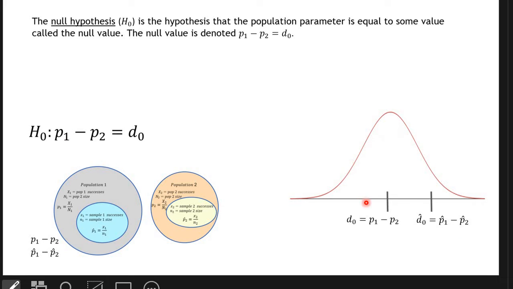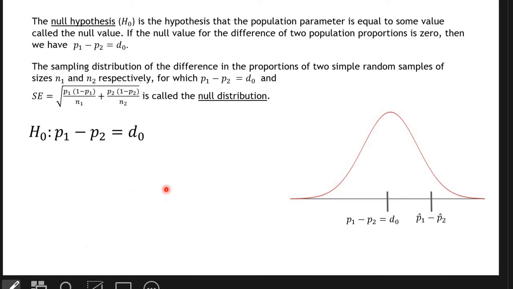So this is the null distribution, and we're trying to figure out where our sample P hat 1 minus P hat 2, which we're calling D hat, lies within this sampling distribution. So we need to know something about the sampling distribution. We need to know its spread, and we need to know its center. It turns out that the center of the sampling distribution is going to be D null. But the standard deviation, or standard error, for the sampling distribution is going to be given by this formula,